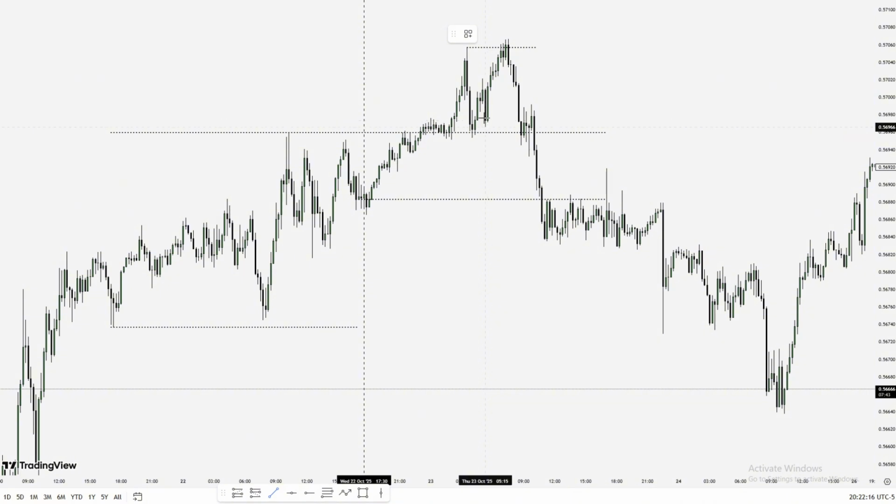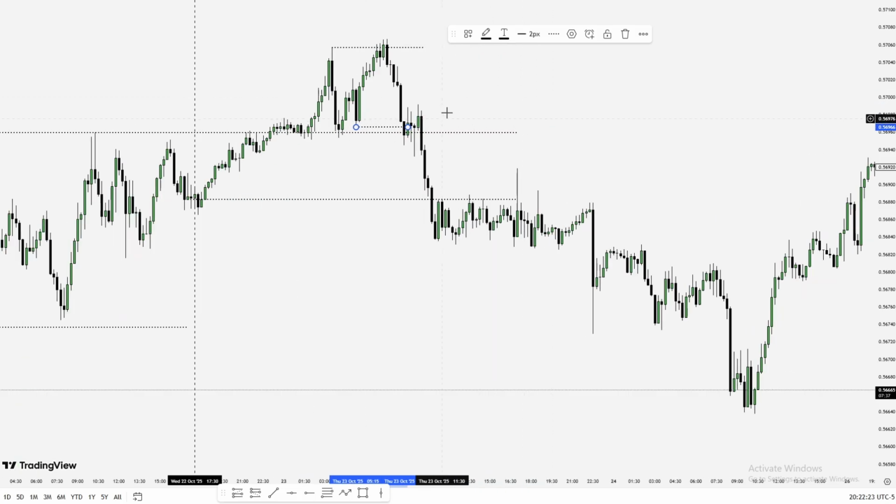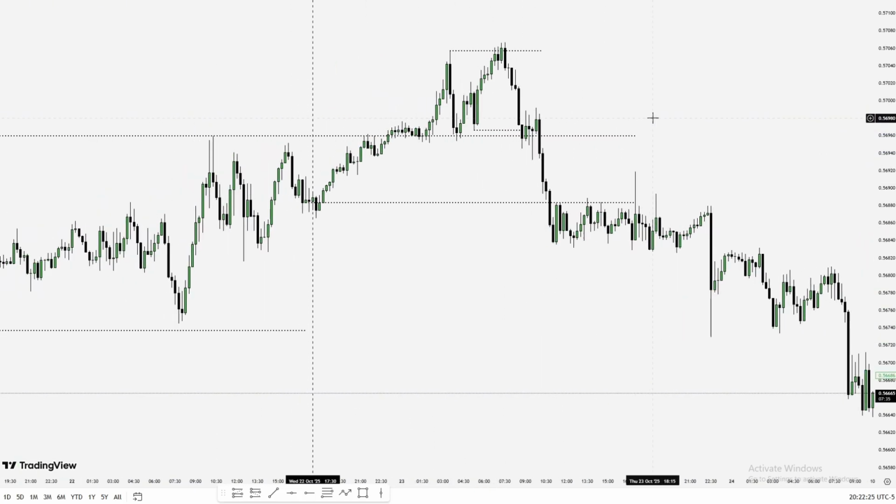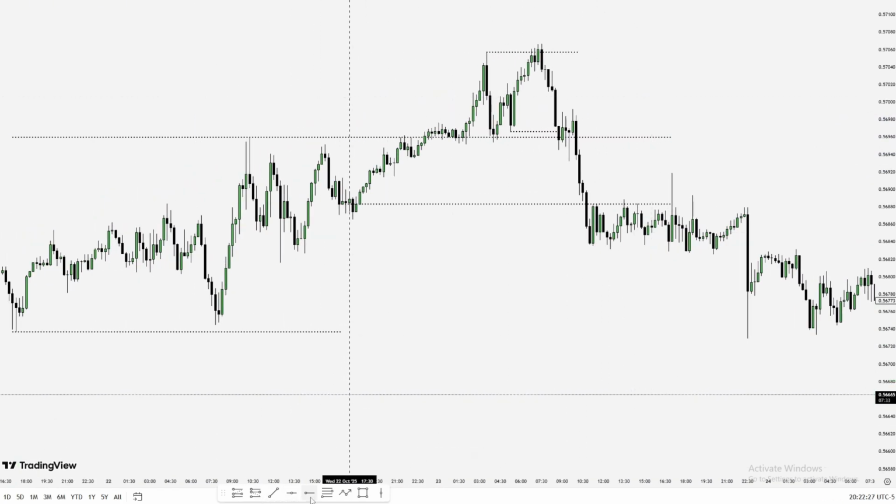This is the break of structure. This is the main break of structure because of this bullish array that was disrespected. This is a bullish order block, as you can see here, that was disrespected. And you can decide to take your entry maybe at this bullish order block, maybe at this bullish order block,